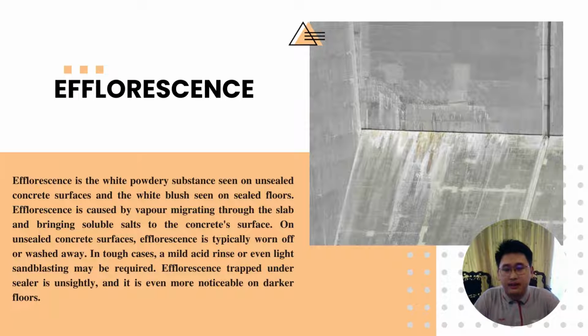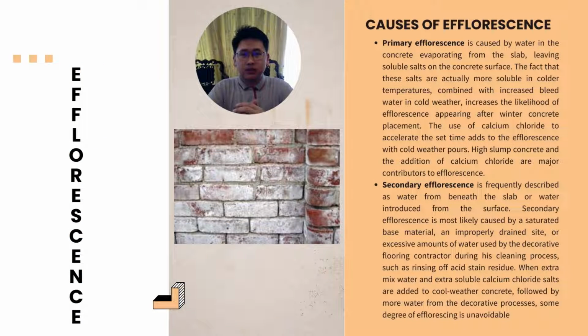Efflorescence trapped under sealer is unsightly, and it is even more noticeable on darker floors. So what is the cause of efflorescence? There are two types of efflorescence, primary and secondary efflorescence. The primary efflorescence is caused by water in the concrete evaporating from the slab, leaving soluble salts on the